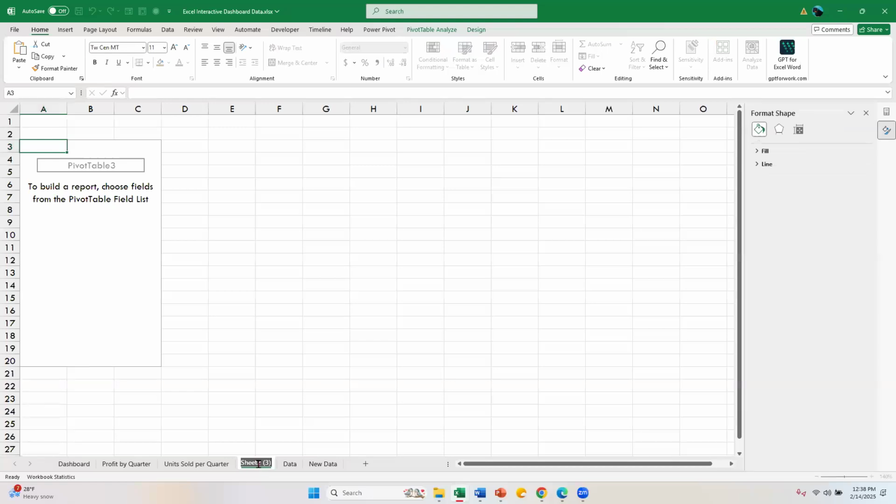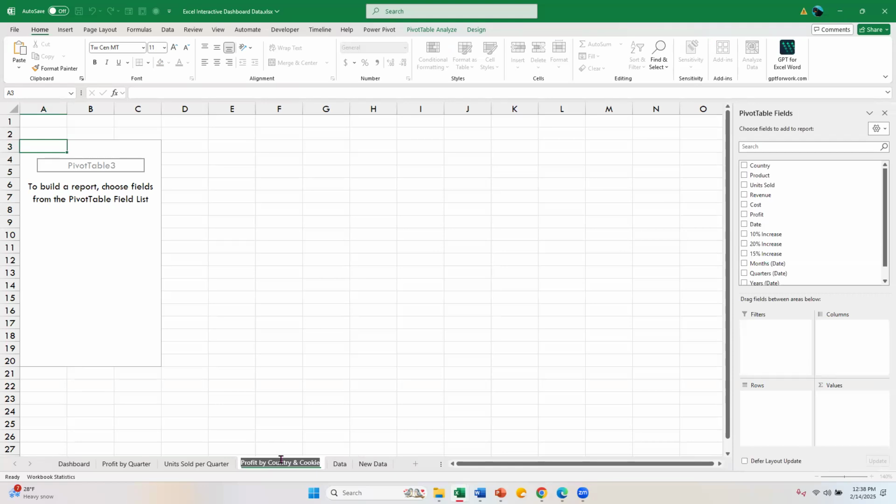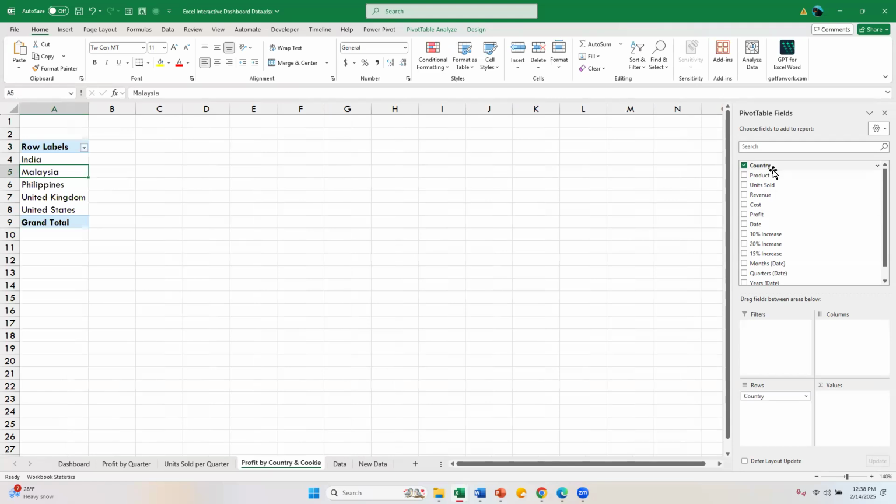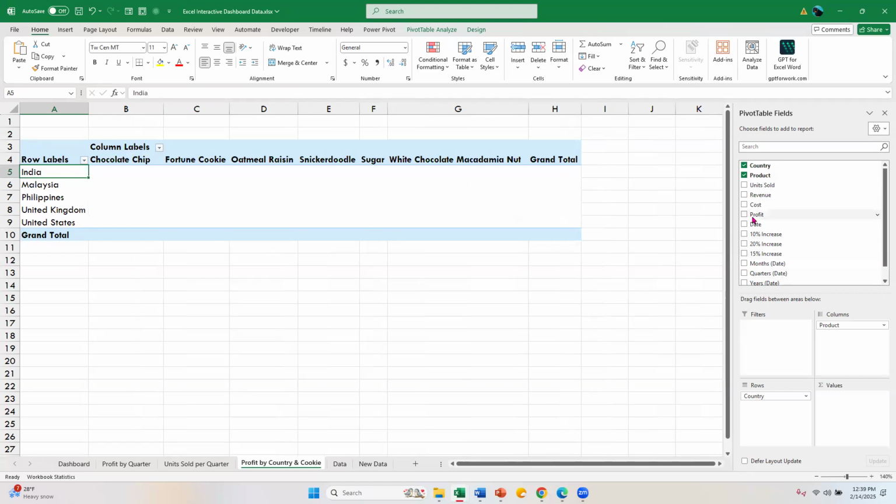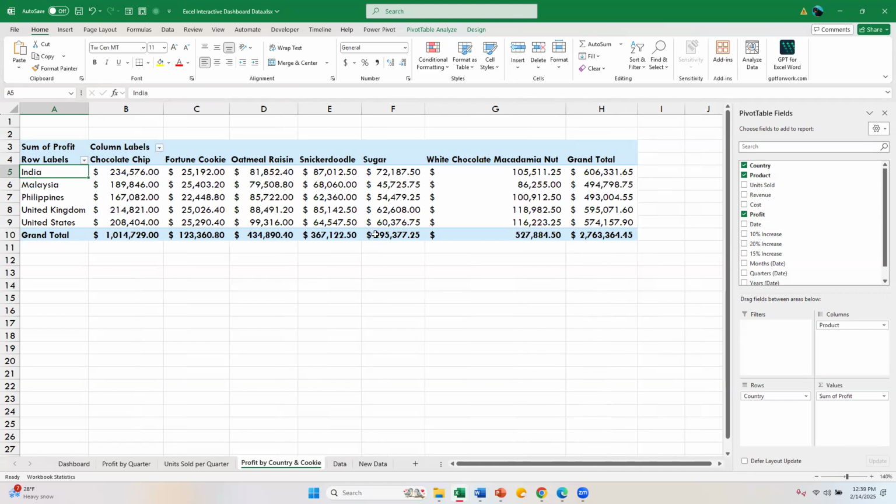Now we're going to go to sheet 3, and our last chart is going to be profit by country and cookie. So I'm going to go ahead and put the country in, and then I'm going to have that go into the rows. And I'm going to take product, and I'm going to put that in columns. And then I'm going to go ahead and click on profit, and that will bring all of my data in. So I have the countries in the rows. I have the product by cookies in the columns. And you can see that it gives me the grand total for the cookies